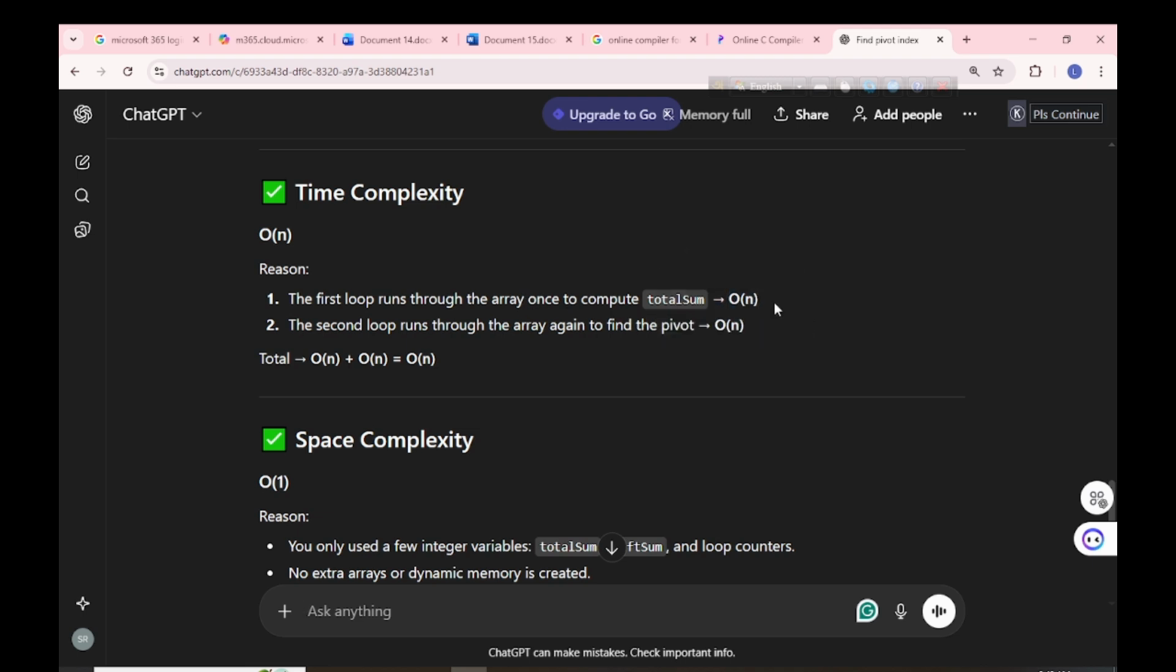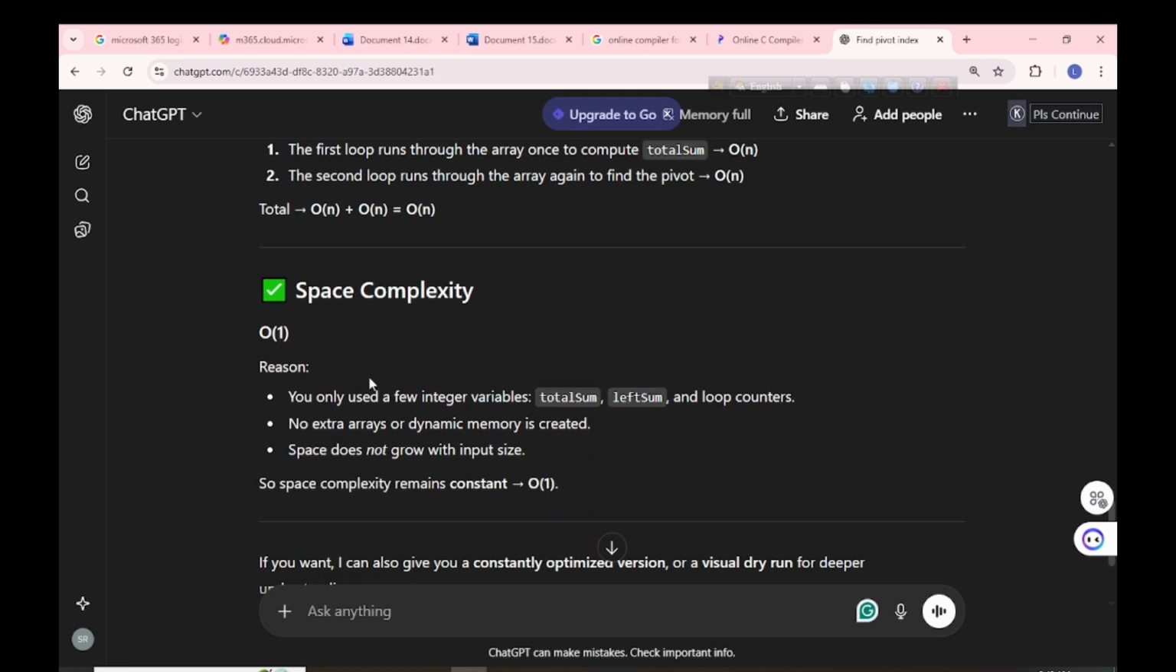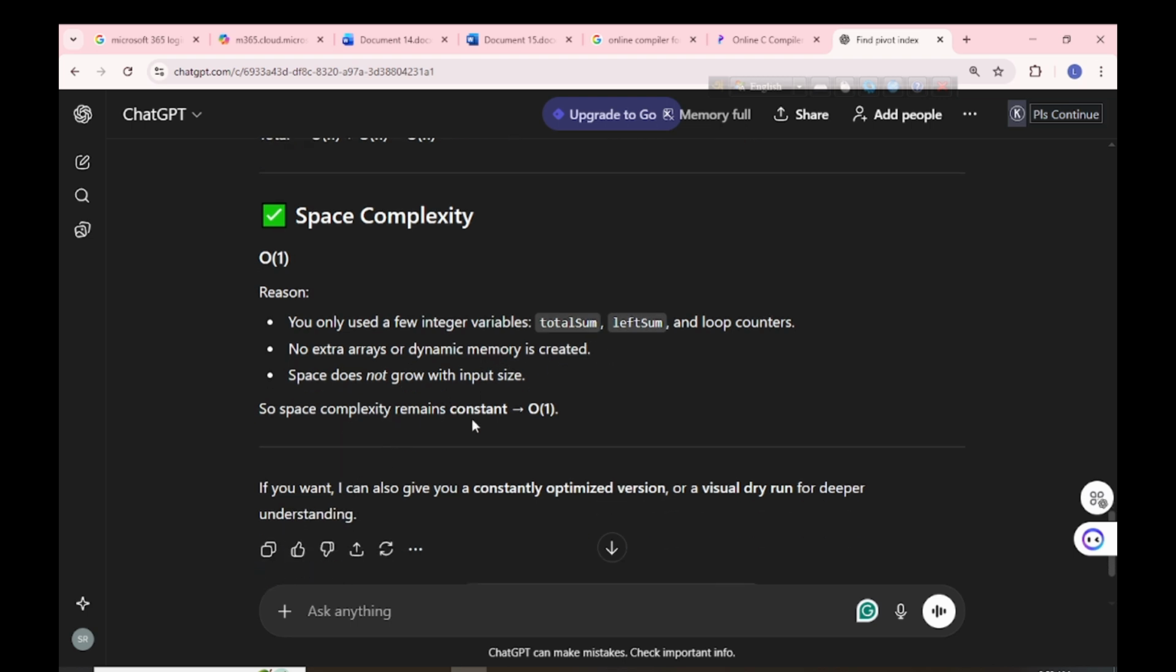So this will run as many times as the numbers it has, right? This is O(n), and the second loop runs through the array again to find the pivot, O(n). So this also runs from the beginning to the end, right? So total O(n) plus O(n) would be O(n). And space complexity O(1): you only use a few integer variables, total sum and left sum, and loop counters. No extra arrays or dynamic memory is created, space does not grow with input size, so space complexity remains